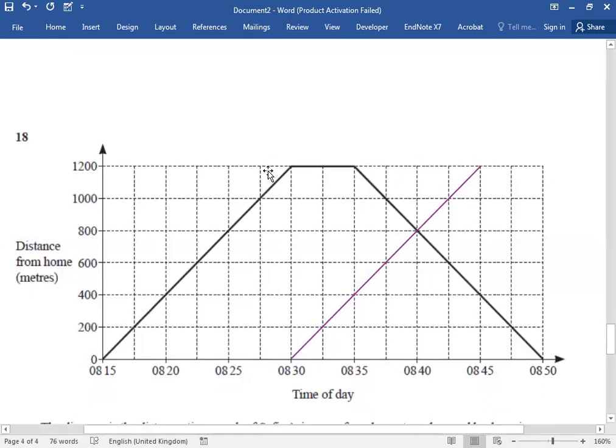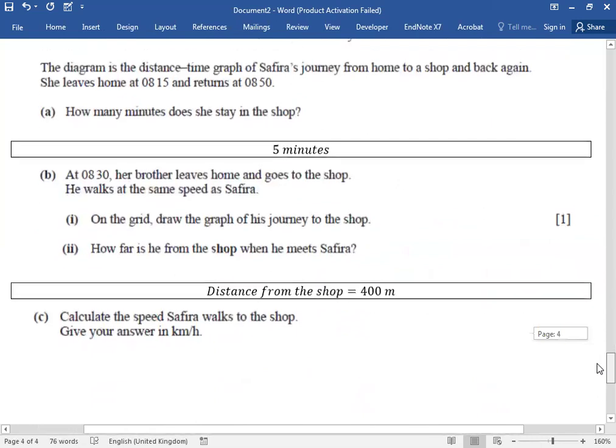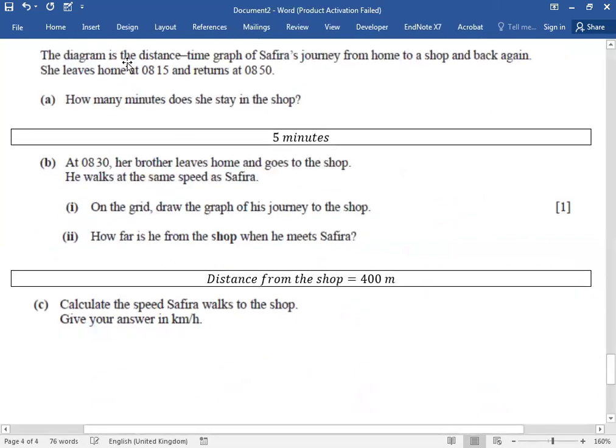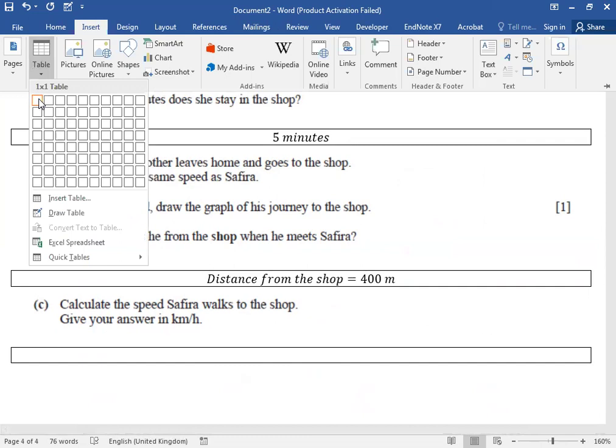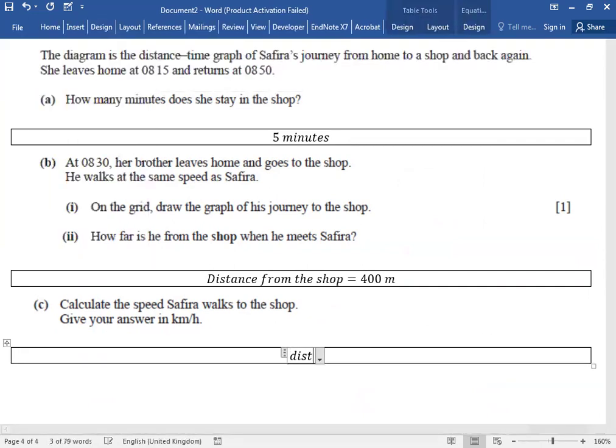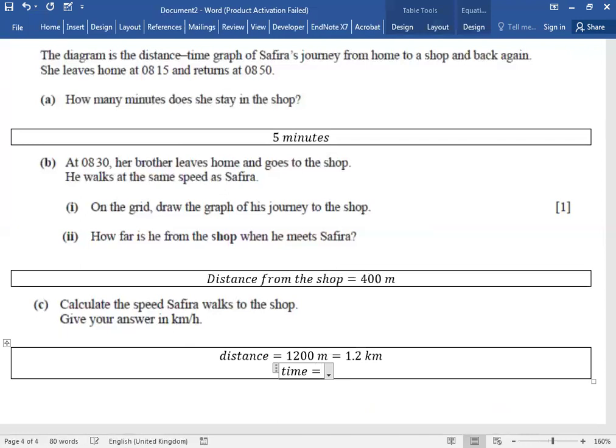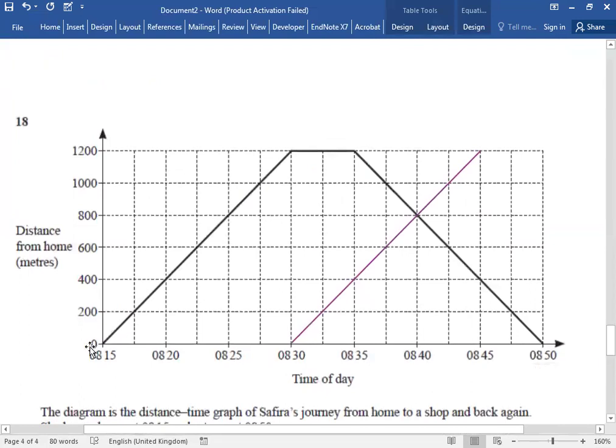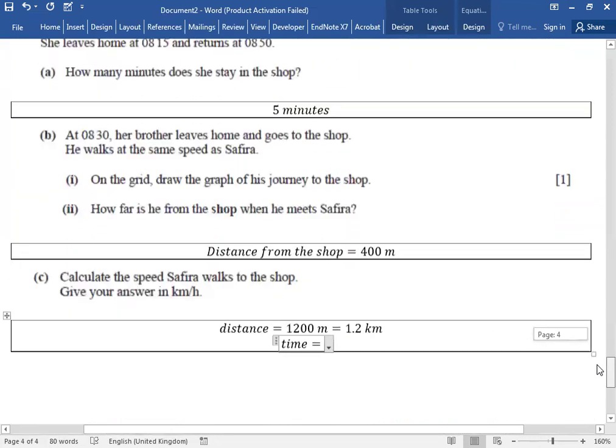So what is the distance that she has traveled? 1200 meters को kilometers में कर लो. 1.2. So the distance is 1200 meters. You can convert it into 1.2 kilometers. And time is 30 minutes लग रहा था. No, sorry, not 30 minutes. She left at 8:15 and she reached there at, तो मैं अगर ये change in x निकालना चाह रहा हूँ तो कितना आएगा ये? 15 minutes. If I were to find it in hours,